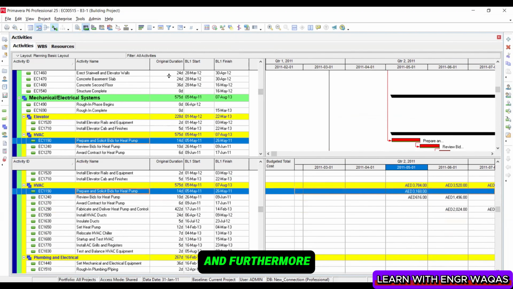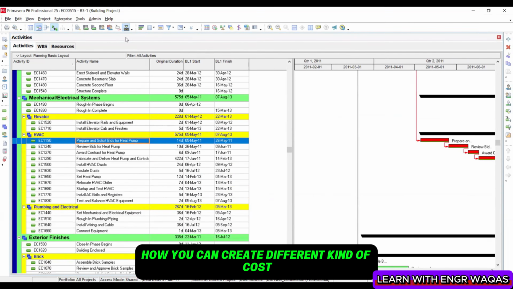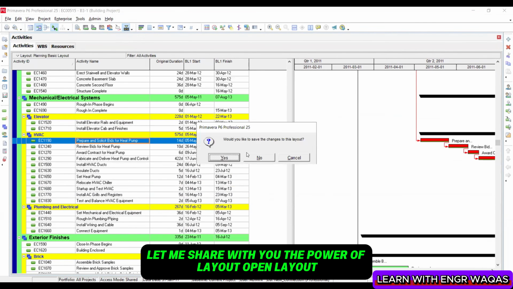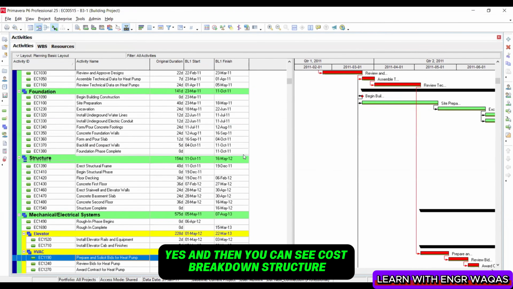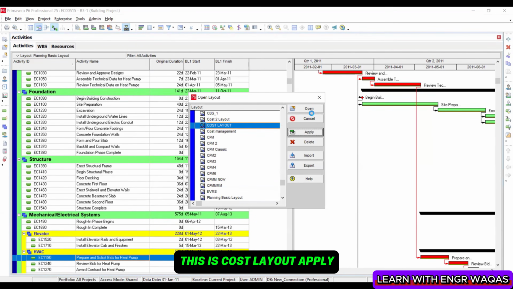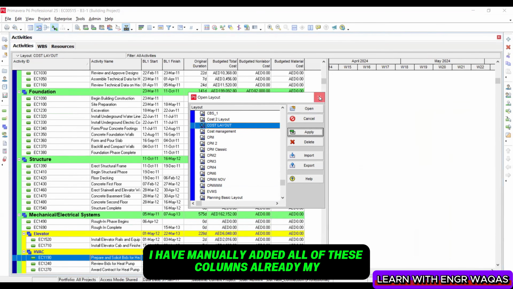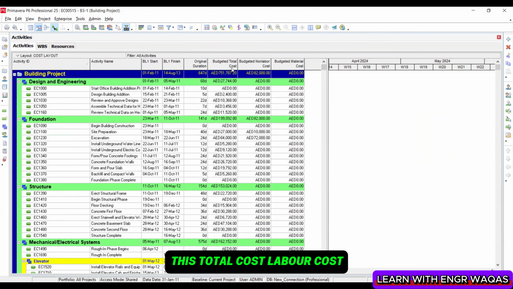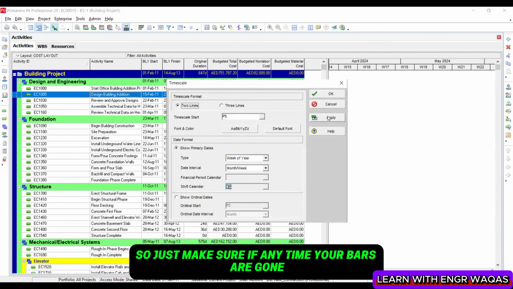And furthermore, you can create different kinds of cost breakdown structure over here. Let me share with you the power of layout. Open layout, yes, and then you can see the cost breakdown structure. This is the cost layout. Apply. I have manually added all of these columns already. These things are saved: budget total cost, this total cost, labor cost, non-labor, material, right? So just make sure that if at any time your